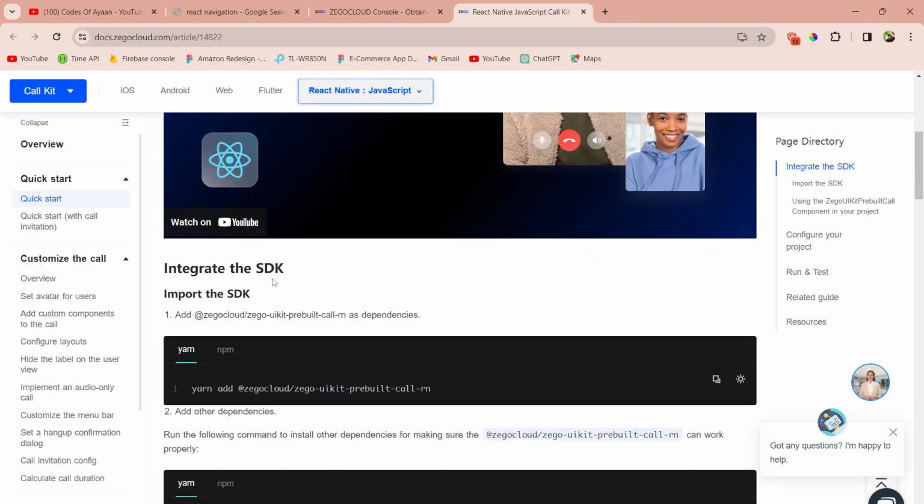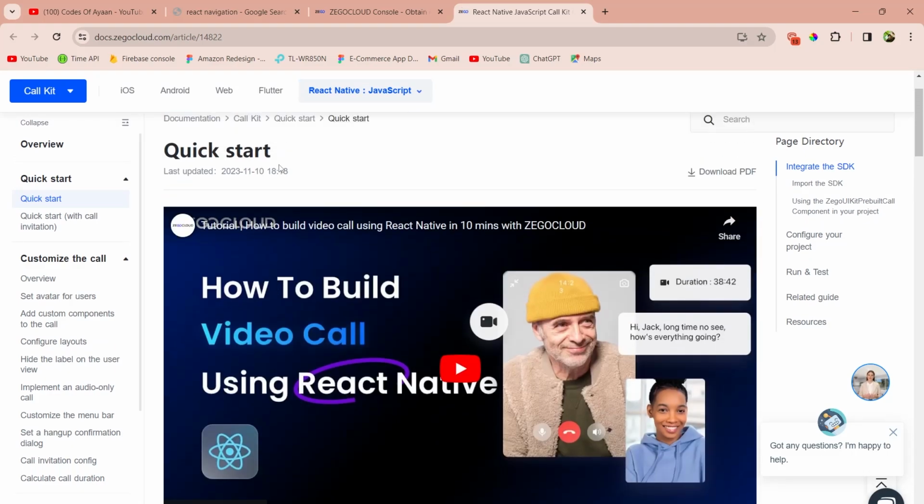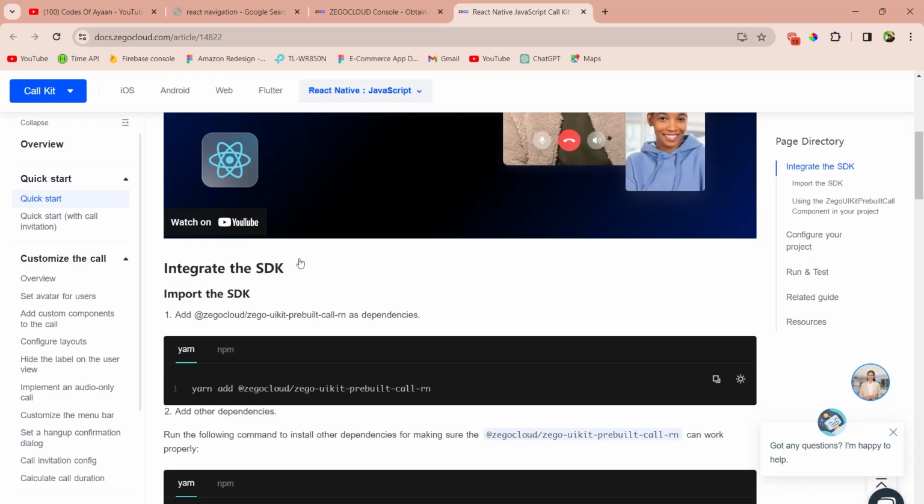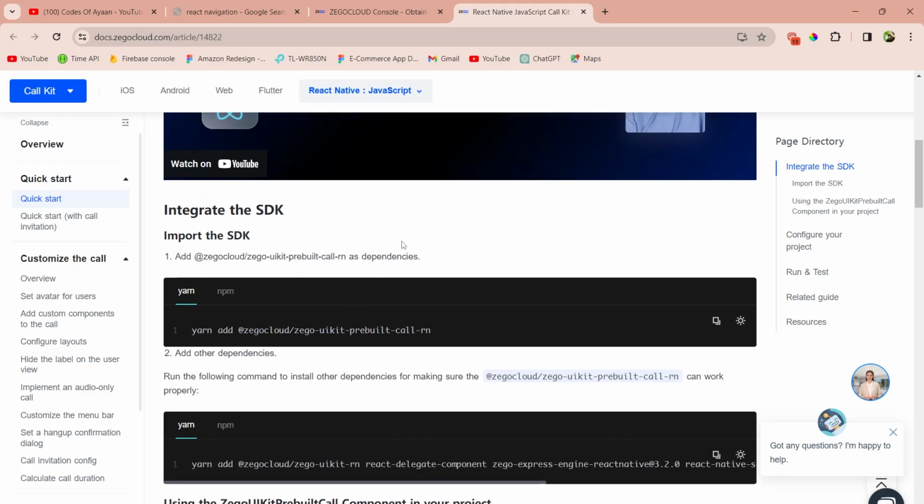So they have clearly mentioned everything, like how to integrate everything. This is absolutely for beginners, those who don't have any idea how to integrate SDKs and these things. Okay. So first thing we have to do, they have clearly mentioned that we need to install this library using yarn or npm. It's up to you. I'm using npm right now. So simply copy this line,